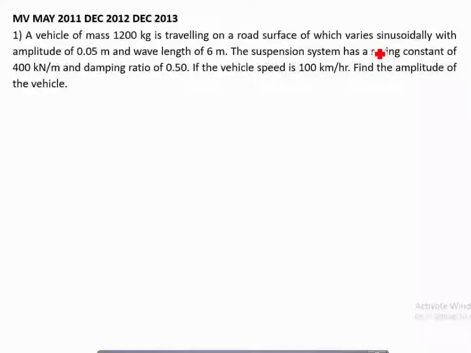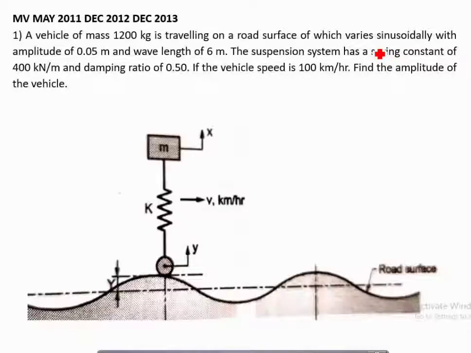First of all, let us draw a small figure, which is not given, but we have to consider it. So what does this figure indicate? Let us say that this m indicates the mass of the car or the vehicle. This k indicates the spring constant or stiffness of the suspension system of the vehicle, and the corresponding zeta is also given, that is